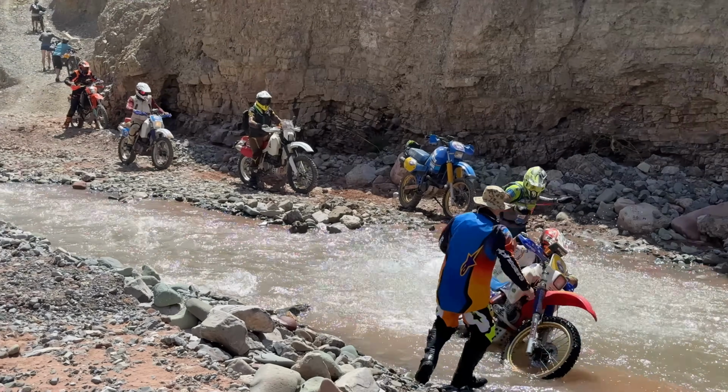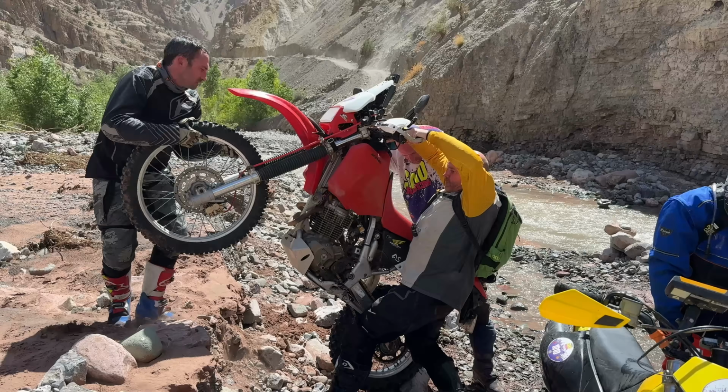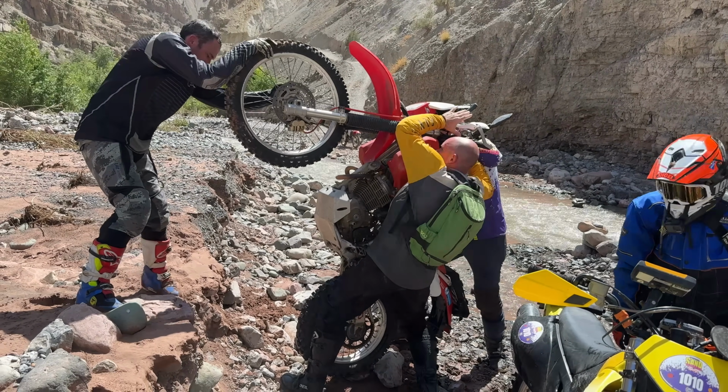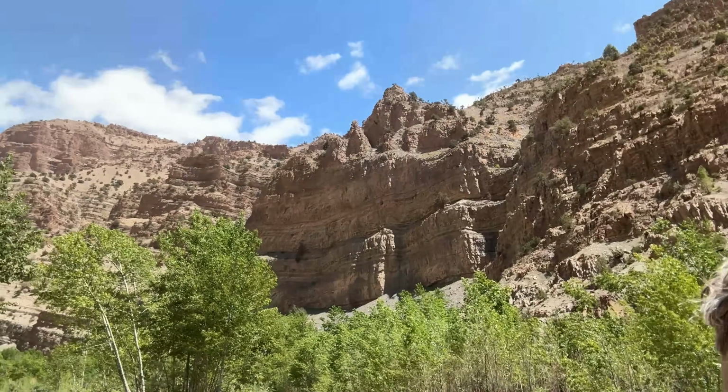And whilst we were there, there's obviously an obligation to help other riders whose bikes were drowning, who dropped theirs under the river. So I had to go and fish about 20 bikes out. I was absolutely exhausted in the heat, up at altitude as well. So all those things meant that basically it got to the end of the day